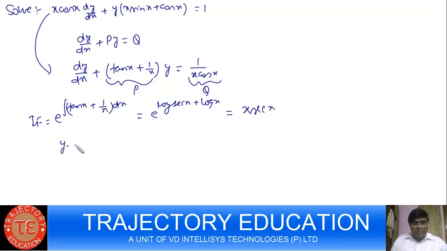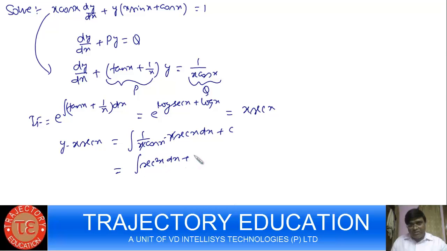So the solution is going to be y into integrating factor, the x sec x, equals Q into integrating factor, that is integral of x sec x times 1 by x cos x dx plus constant. x will cancel out, so this will be sec square x dx plus constant,